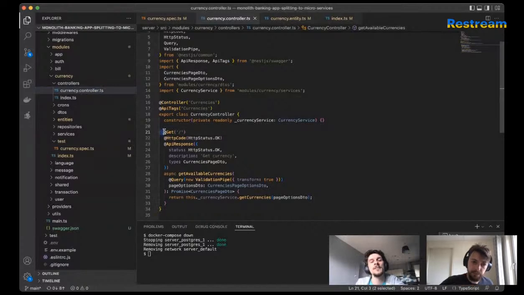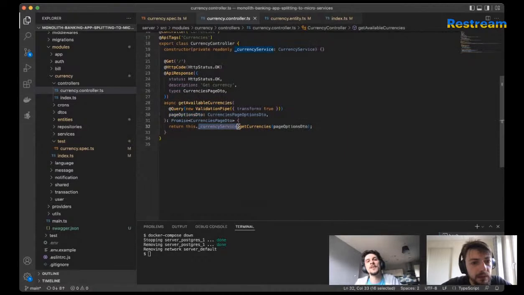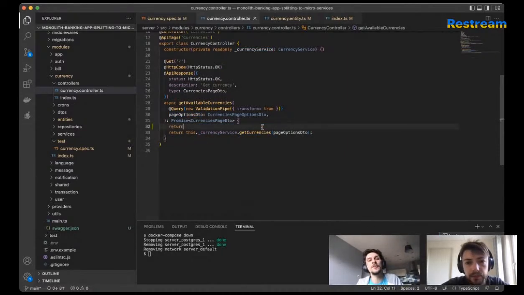So from my understanding, we should keep the currency module in here. We should keep the controller part in here. But instead of get currencies, we're going to return whatever the new gRPC service, the new gRPC currency, get currencies returns.